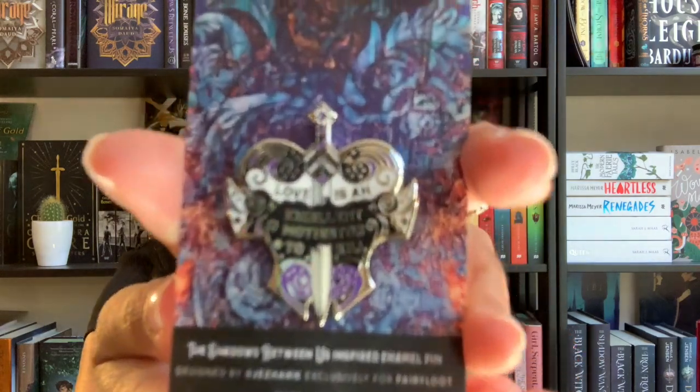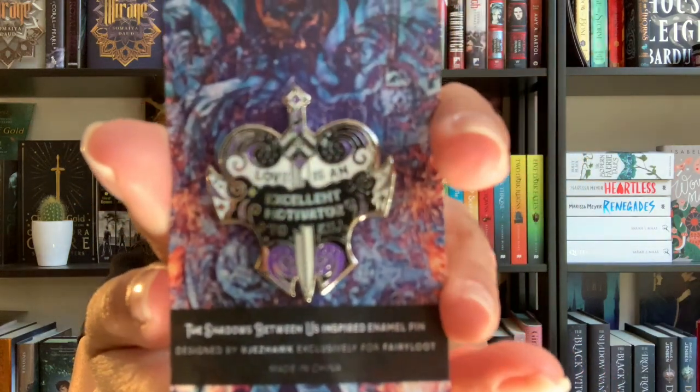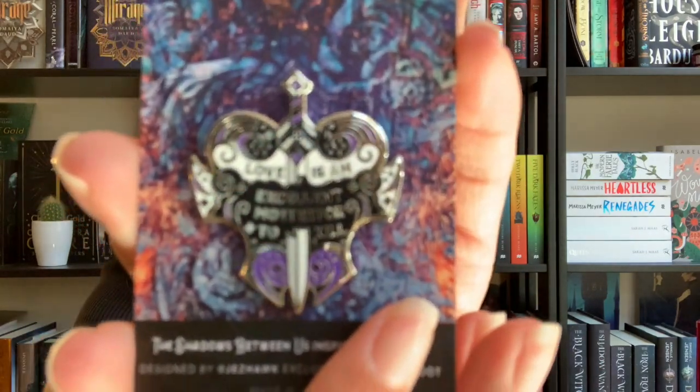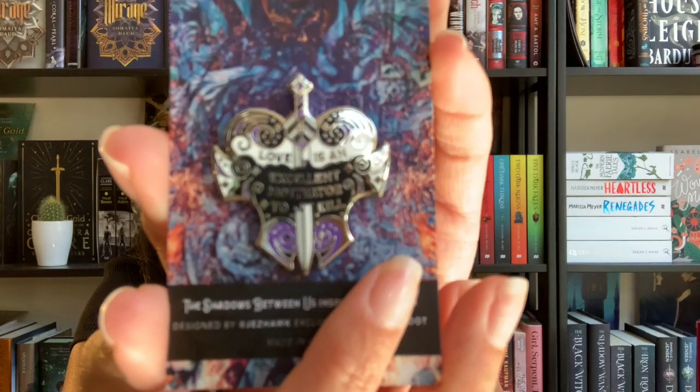Okay, so the first thing I see is this packaged little item, which, oh, it's a pin and it's gorgeous. Oh my god, look at it. I hope it focuses, because otherwise you won't be able to see it much. It says love is an excellent motivator to kill, and this is inspired by The Shadows Between Us, which is